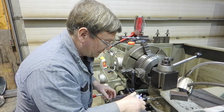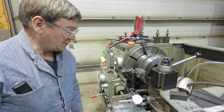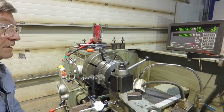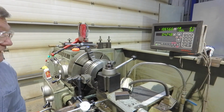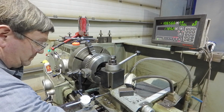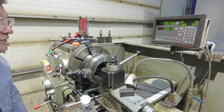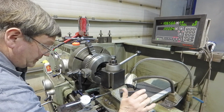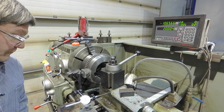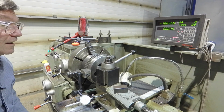Okay, so same thing, back to 0. And what I'm looking at is off of, it's probably closer to center there. Looking off of center, and if I zero out my readout there, if we come back this way by 2 inches, that was already 100. I guess that's actually going to be fairly close to what we were looking at, because for 2 inches we should be 100 thousandths. And starting at the center, that means we should be relatively close by doing that, which I don't know that I was exactly at the center, but if we go from 2 now back to 0,